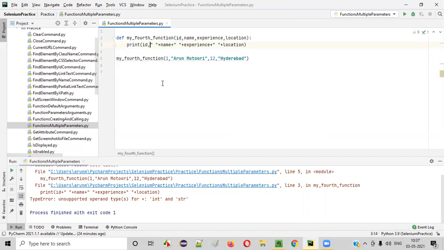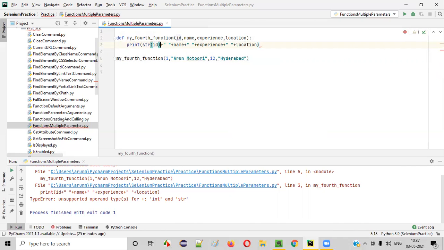Here we need to use comma. But for concatenating a string text with another string text, plus symbol is fine. But for concatenating an int type value with a string type value, plus will not be useful. That's the problem, guys. That's why you're getting this kind of error. So there are 2 ways, guys. If you still want to use this plus symbol instead of the comma symbol here and still get the proper result, what you have to do is, while printing, convert this id